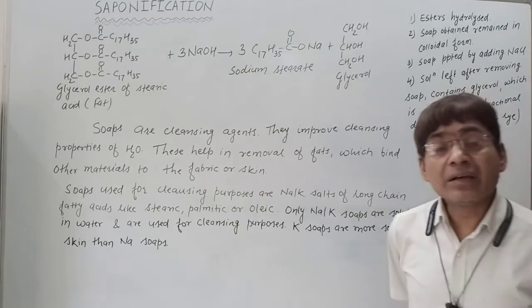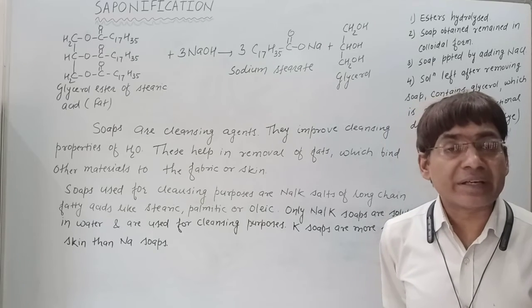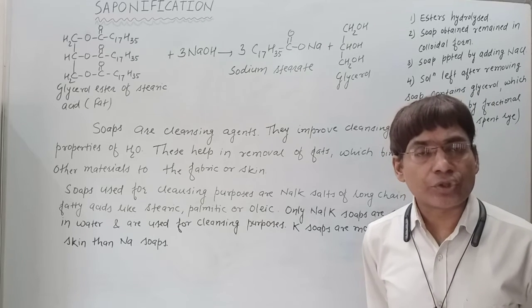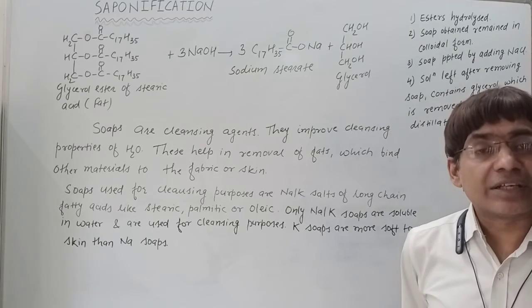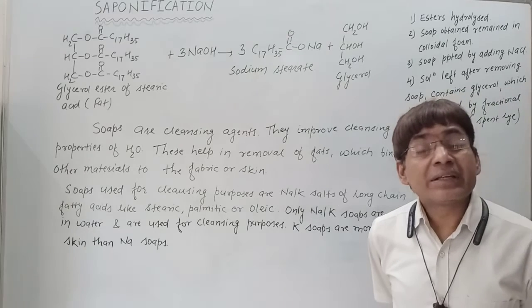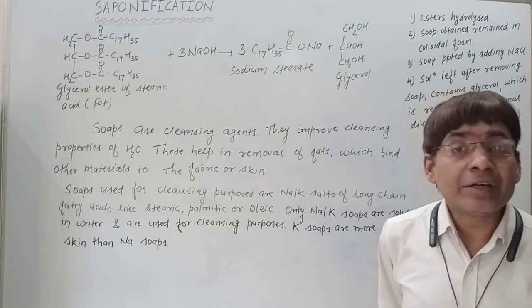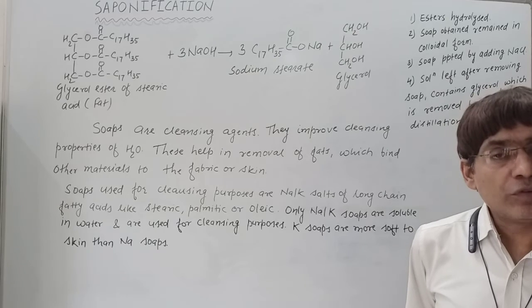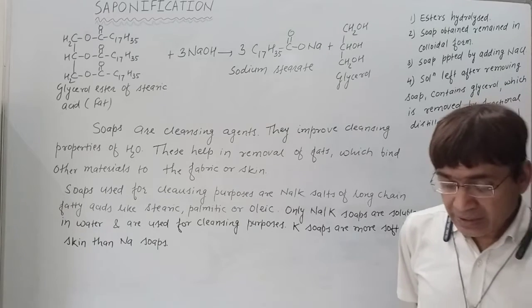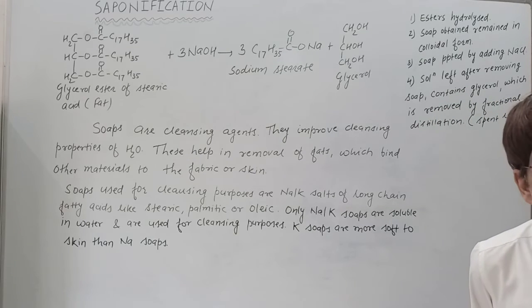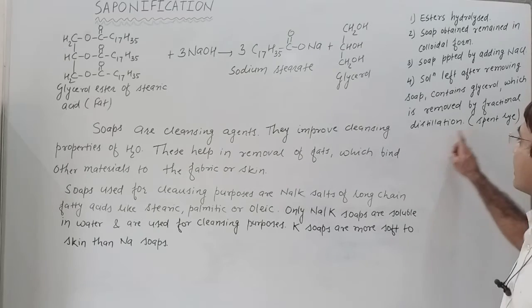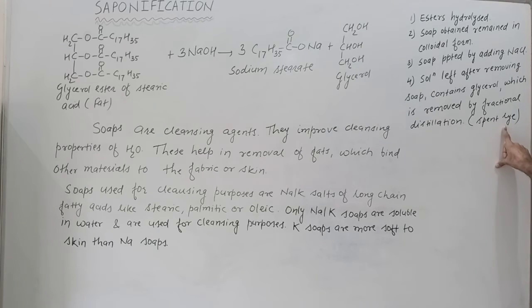To obtain glycerol from this waste of the soap industry, fractional distillation is used. Fine. Glycerol is obtained by fractional distillation from that solution which was left after precipitation of the colloidal form of soap. Is it clear? This commercial source of glycerol, which is the waste of the soap industry, is commercially called spent lye. So this is all about the saponification reaction.